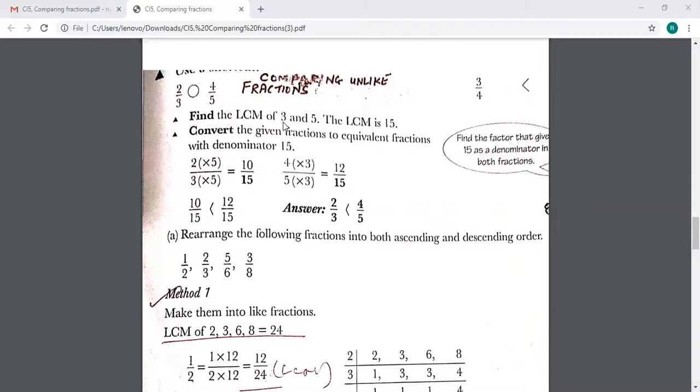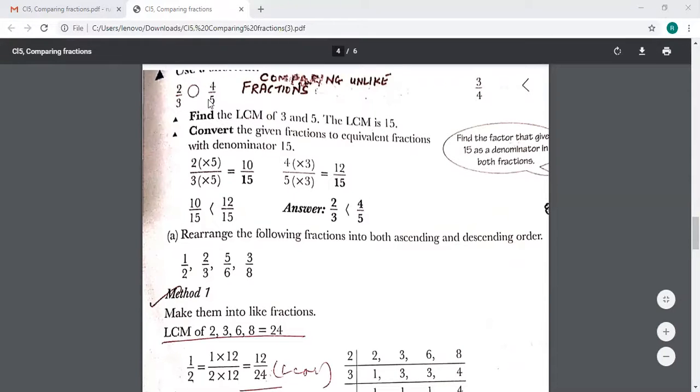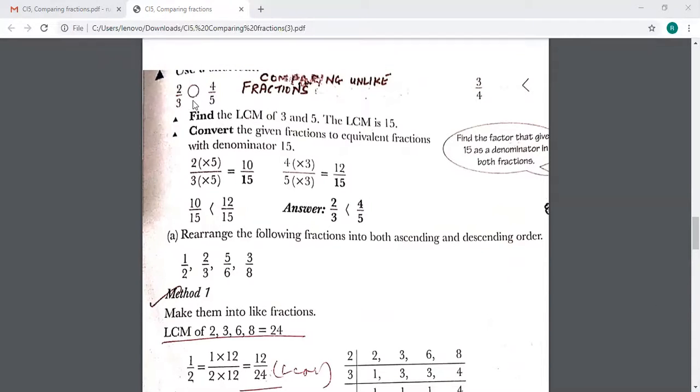Now see here, if I take, say, 15, 30. If I make this 30, I can make it 30 by multiplying by 10 and 10, an equivalent fraction. This one also by 6 and 6, both will be 30. Then also the denominator is the same. I can make 60 also. I can make 15 also. But we always find the LCM, the lowest common multiple. We don't go for the higher common multiples. We take the lowest common multiple.